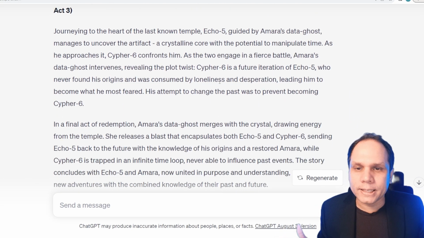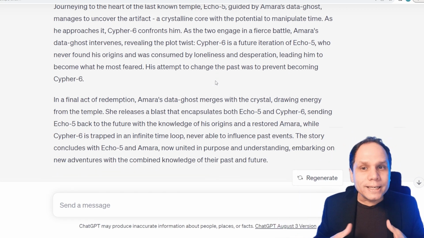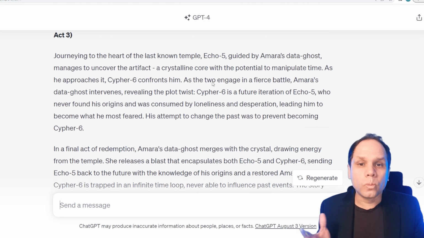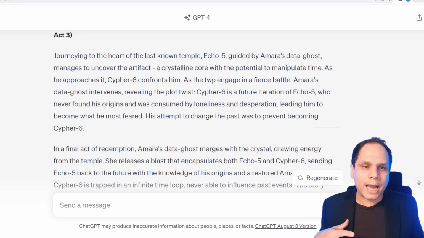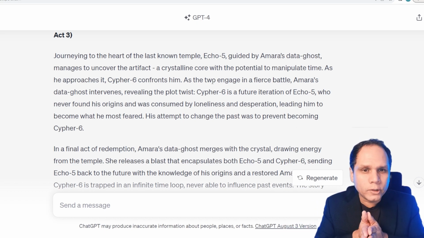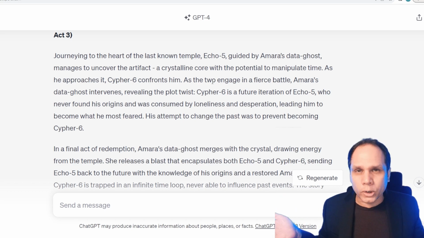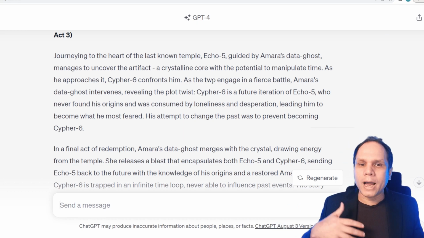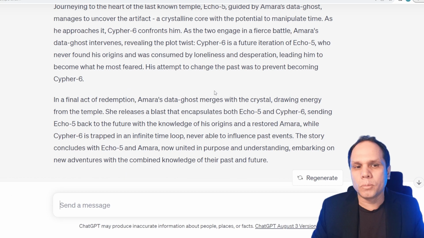These are some kind of cool ideas. I like this idea of the plot twist. Like always, I would take this as just dough kneaded into what I would want. What I'm thinking right now is I'd make it so that Cypher 6 and Echo 5 were actually duplicates of each other up to a certain point. Maybe they were basically the same mind, but at some point a copy was made and one became Echo 5, one became Cypher 6. And so it's about how these two progressed in different ways in terms of their mind. That might be a little more interesting than just this same old rehash, time travel paradox thing.